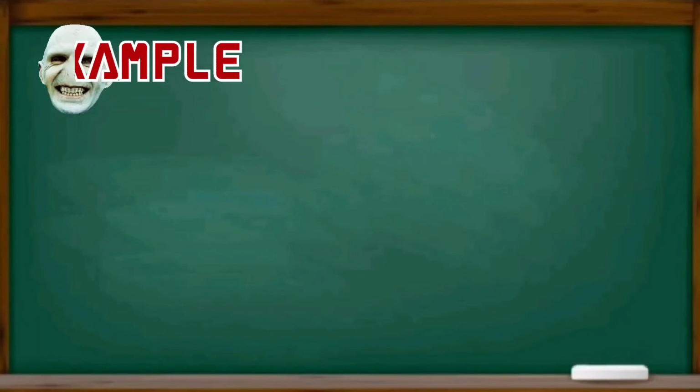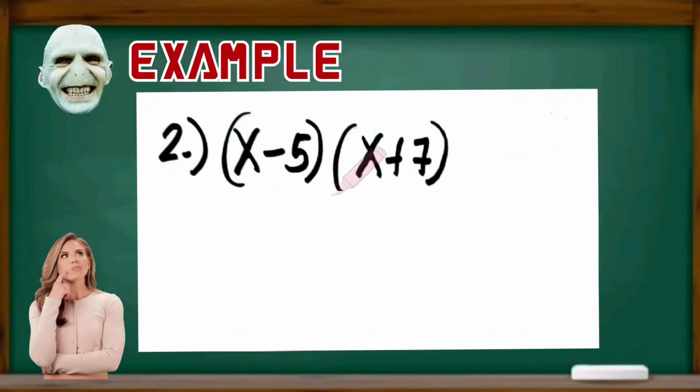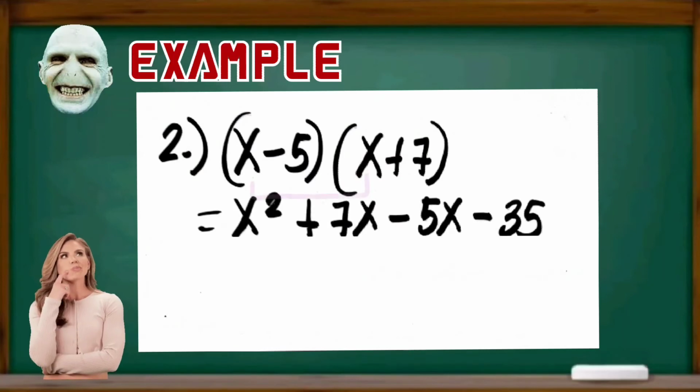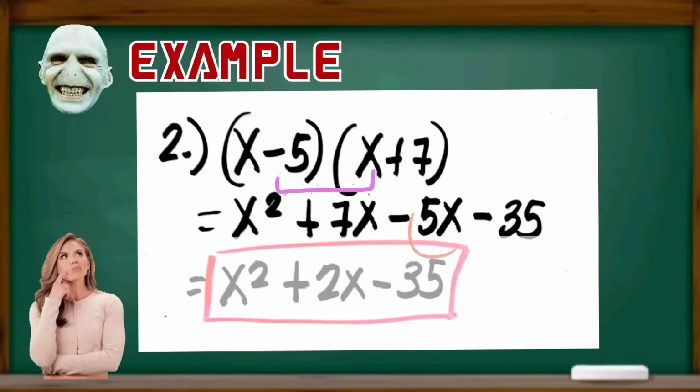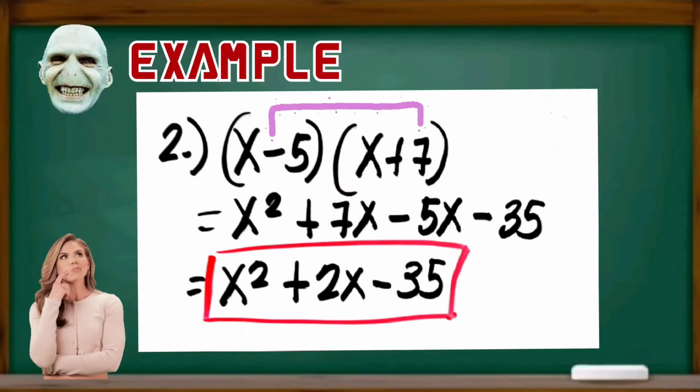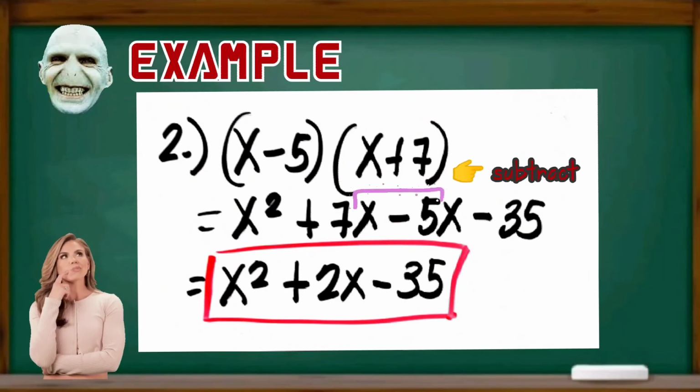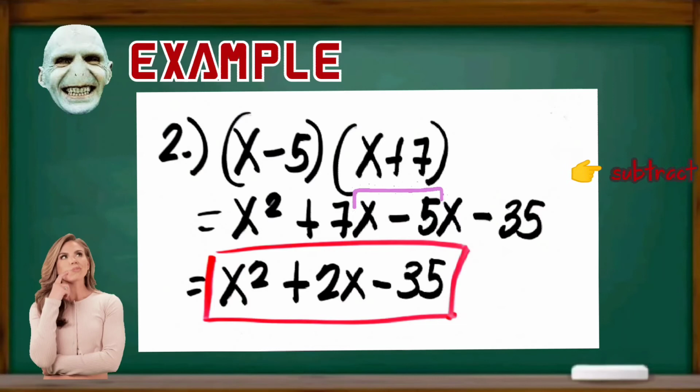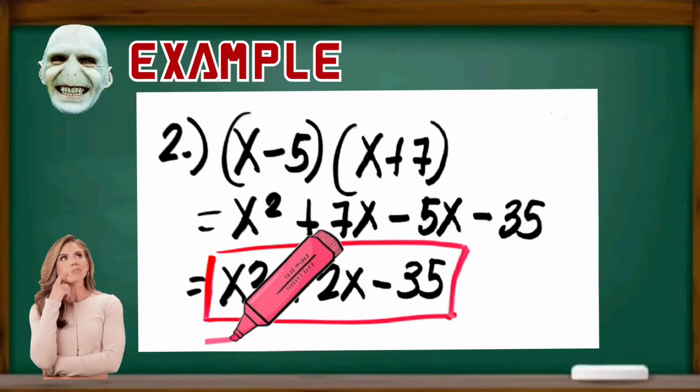15. Another example, (x - 5)(x + 7) is equivalent to x times x squared, x times positive 7 is positive 7x, negative 5 times positive x is negative 5x, negative 5 times positive 7 is negative 35. Then, copy variable x squared. Ima-minus natin ngayon ang pareho ang variable. So, 7x minus 5x is equivalent to 2x. Then, copy negative 35. So, the answer is x squared plus 2x minus